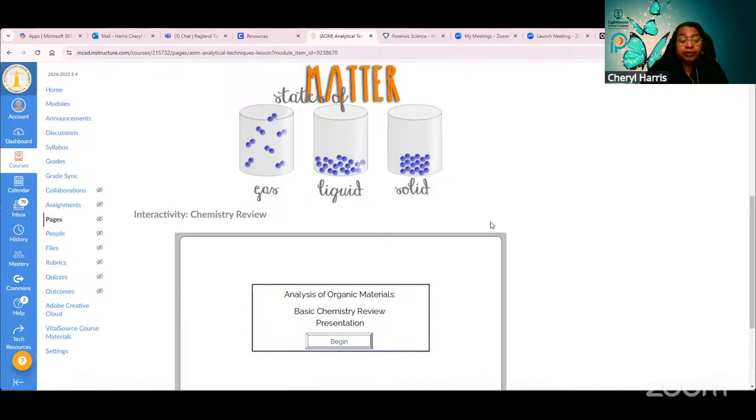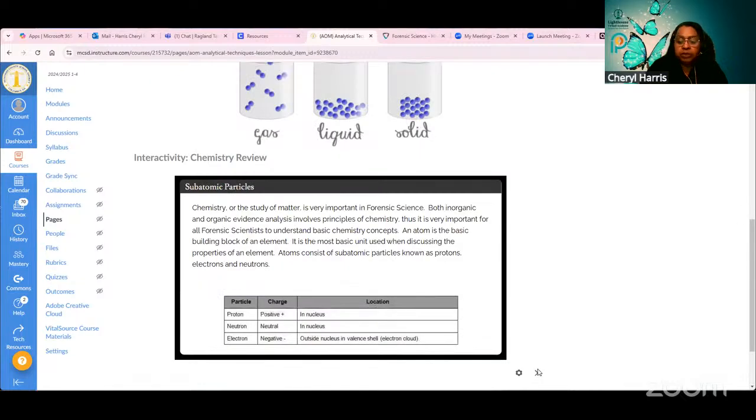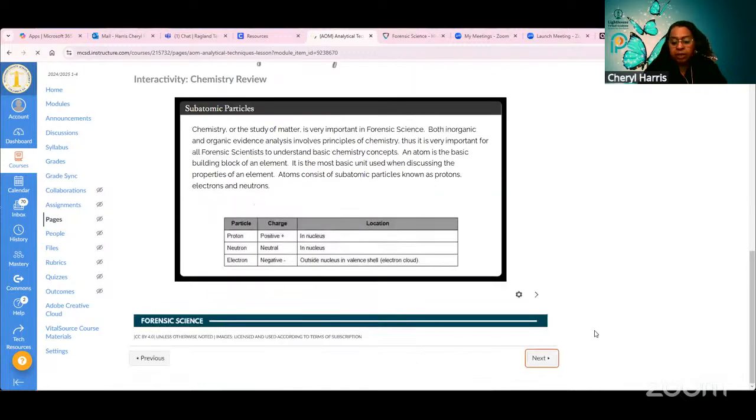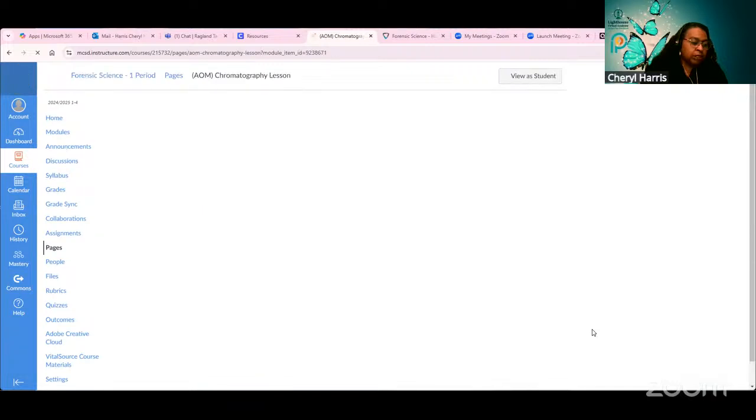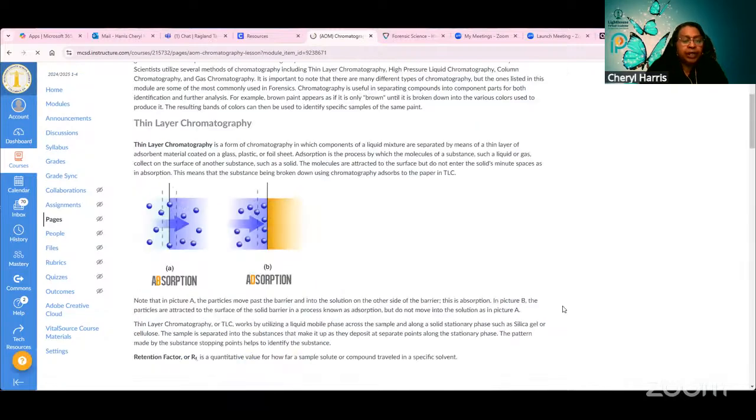All righty. So just in general, know the difference between a solid, liquid, and a gas, and I think you know that. Don't worry about this one so much, but again, know that in forensics, we are analyzing different materials. So again, come back here and look at